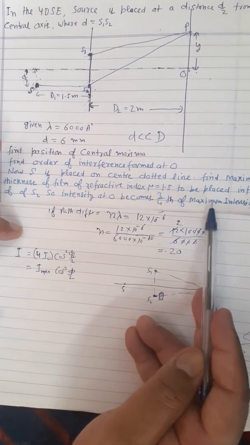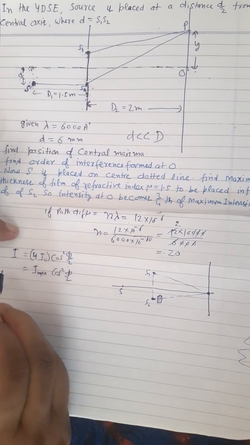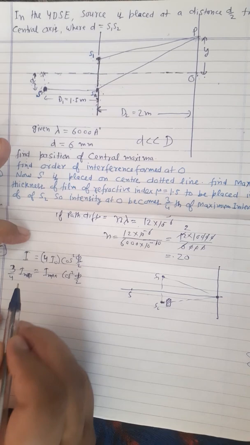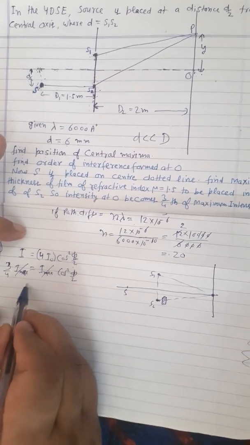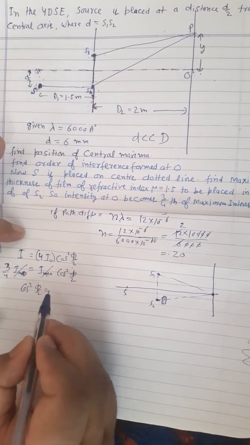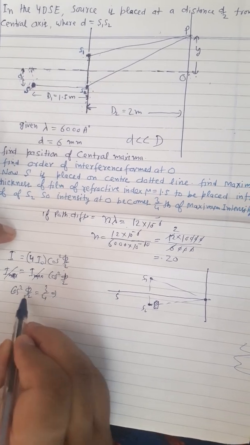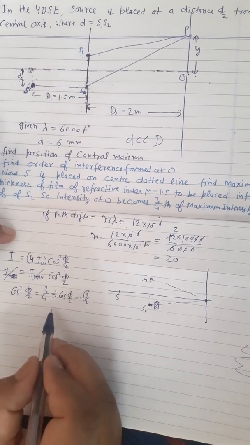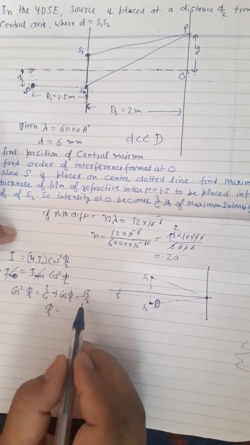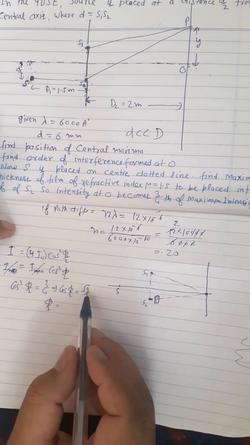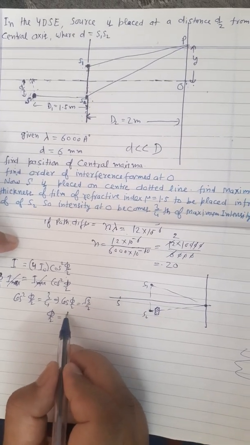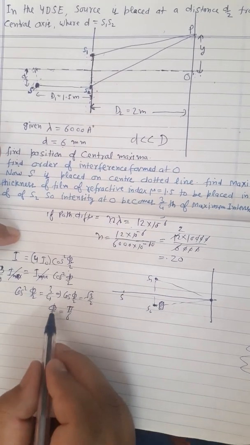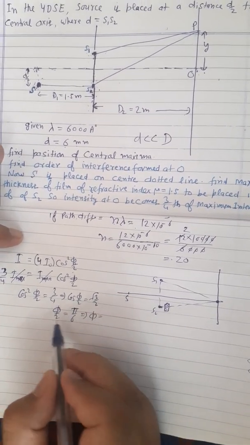So here they have given the intensity is 3/4 of maximum. I they have given 3/4 of I maximum. So I maximum cancels out. So you will see cos square phi by 2 is 3/4, which implies cos phi by 2 is root 3 by 2. So phi by 2 is pi by 6, that is 30, cos 30 degree. So phi is equal to how much?